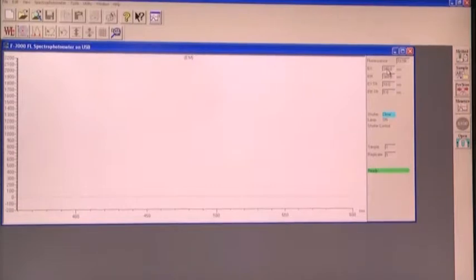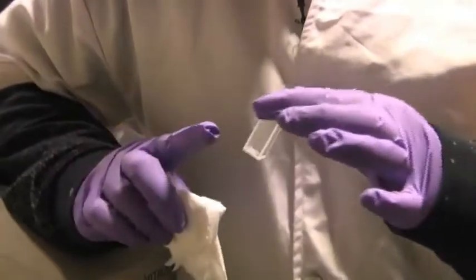Now, out here we can see the excitation, emission, exit slit, emission slit all are given, but in this case we have to change them to our required parameters. Now, we are going to see the fluorescence spectra of HSA in presence of guanidine hydrochloride, but before that we have to take the fluorescence spectra for native HSA. Before proceeding, we have to take the sample in the fluorescence cuvette.